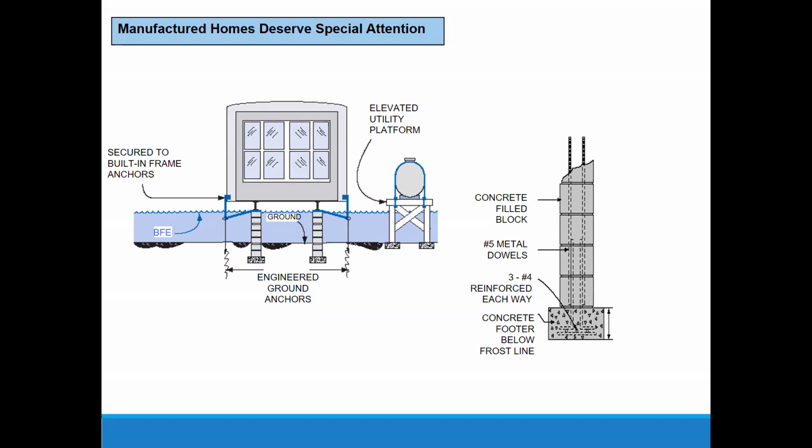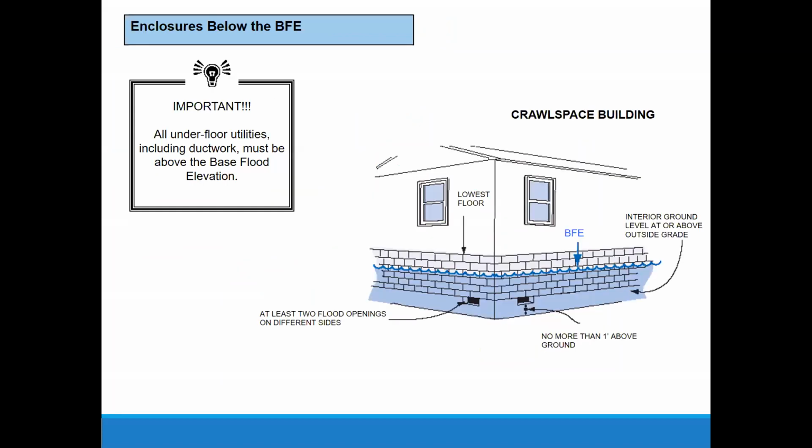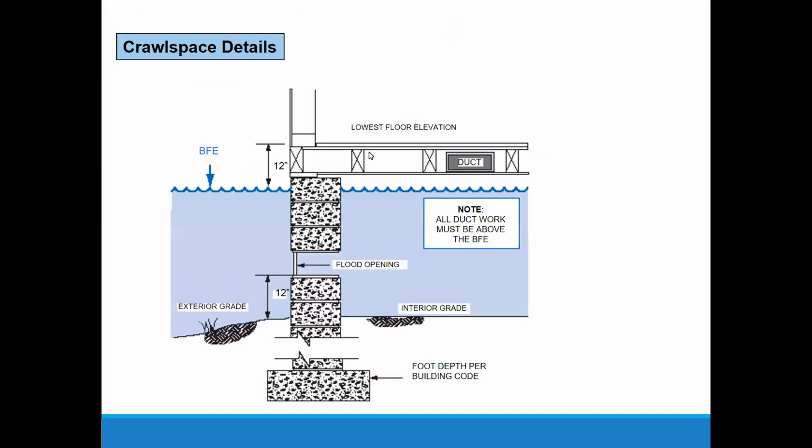All right, here's a picture of some elevated utilities. We're going to talk more about utilities in a minute. Talked about the flood vents that allow the water to enter and stay on the inside of the building. It's a little diagram of that. I've only got 5 minutes left, so I'm going to kind of talk like an auctioneer real quick. Here's the flood openings in that crawl space. They can't be more than a foot above the ground, because if you put them 3 foot above the ground, how's the water get in before it's 3 foot deep? So they got to be within a foot of the ground.